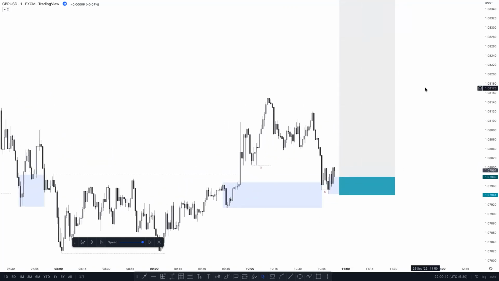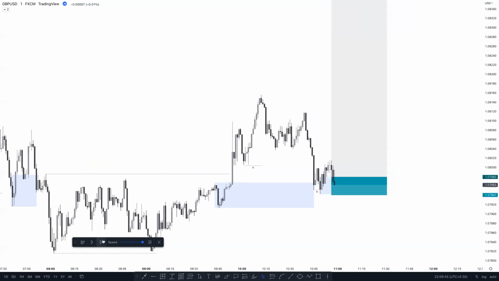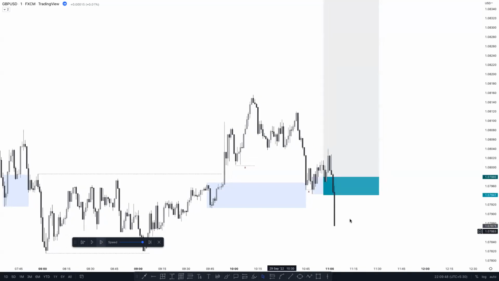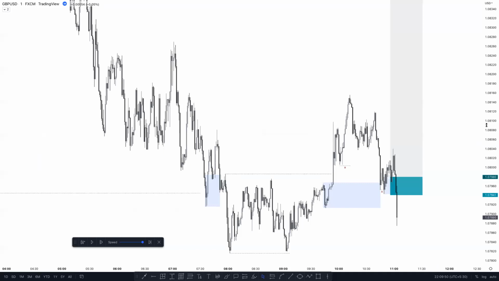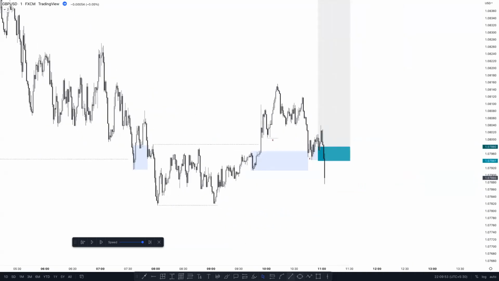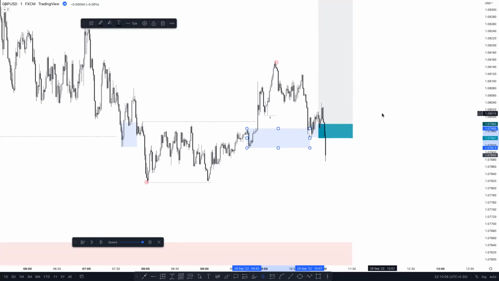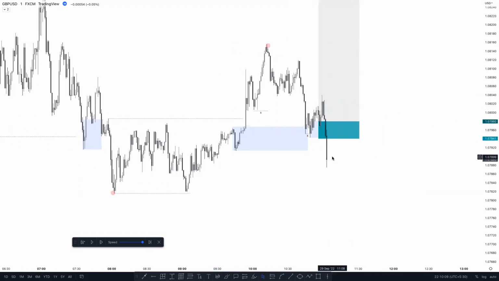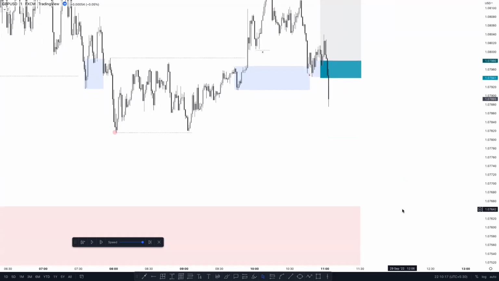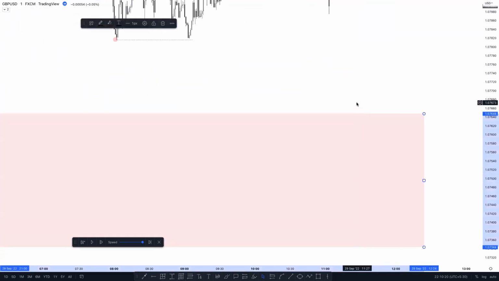Okay, tap here. Okay, push higher and fail. Okay. So now we have a range between this low to this high. Inducement failed. And now we can see here market taps on this demand zone and goes higher. So in this case, we can sell here, because this becomes our flip, demand converts into supply. Okay. And now we are looking for the buy to mitigate this order block, and then we can take a decision